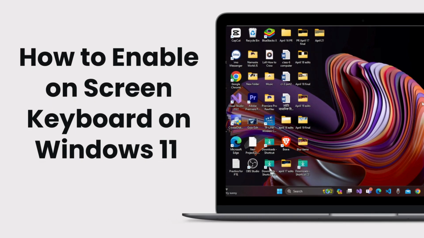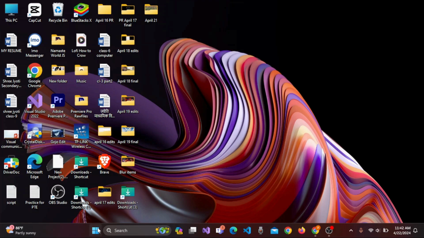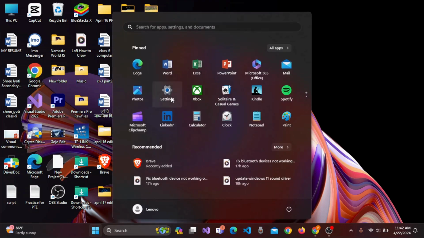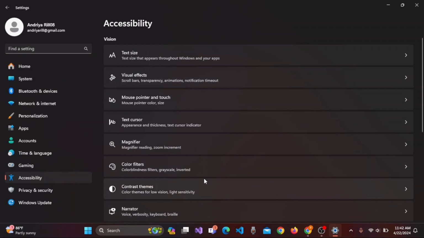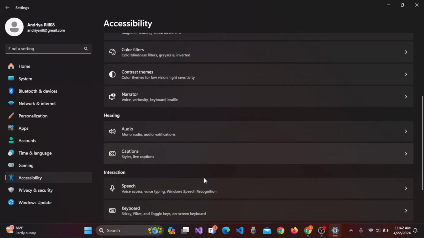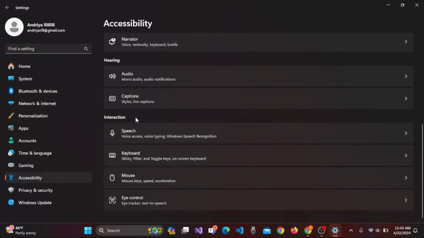How to enable on-screen keyboard in Windows 11. For that, you need to click on Windows. Here you need to select the settings, and here you need to select the accessibility, which is at the left side of the screen. On this accessibility, you need to scroll down, and under interaction you can find the option